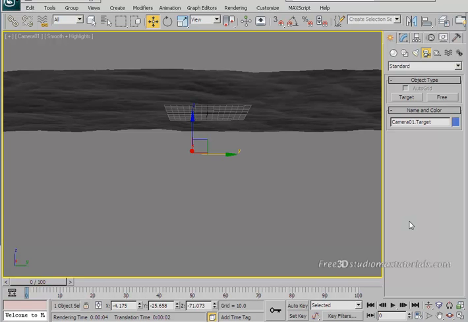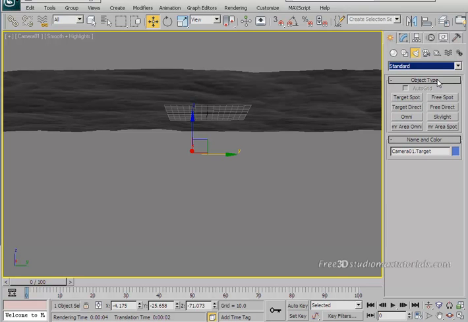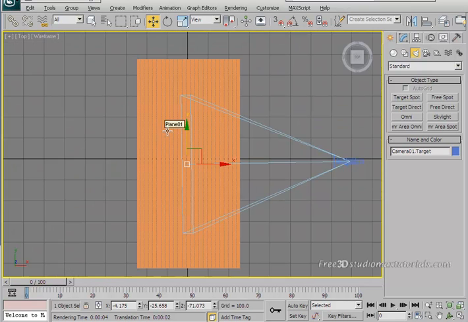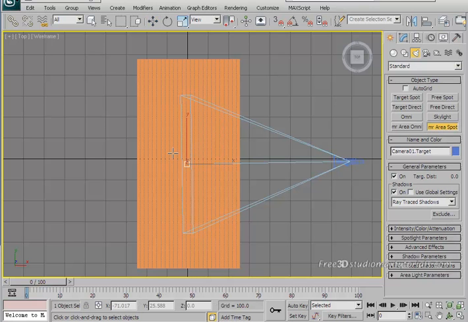Next we need a light in our scene, so let's create a mental ray area spotlight. Go in the create panel and then go to lights and choose the standard lights in the drop down list, and go back to your top viewport to draw a light. After that, choose the MR area spotlight in the standard lights. So here is the mental ray area spotlight. Select the light and click it